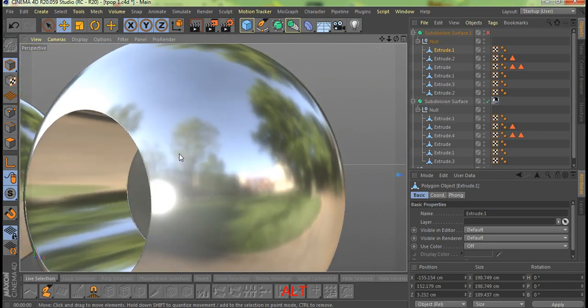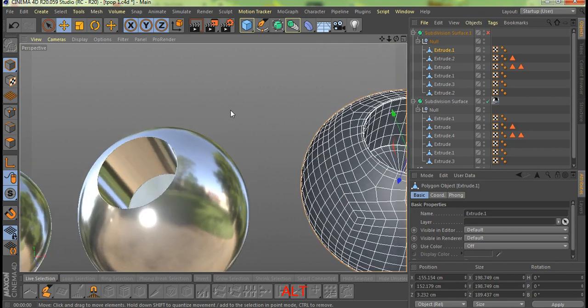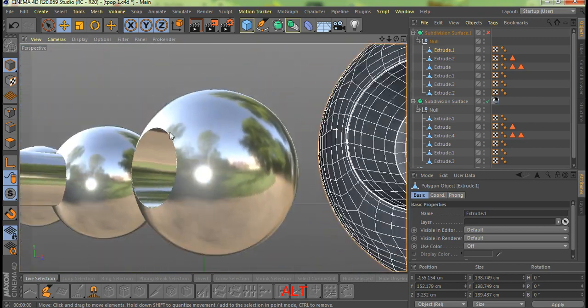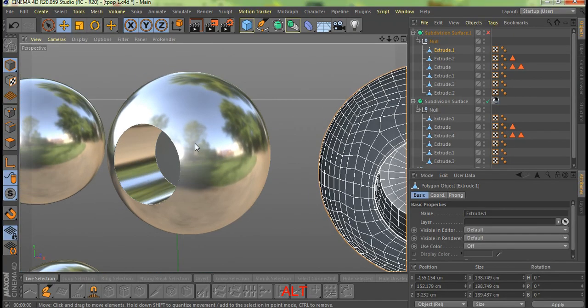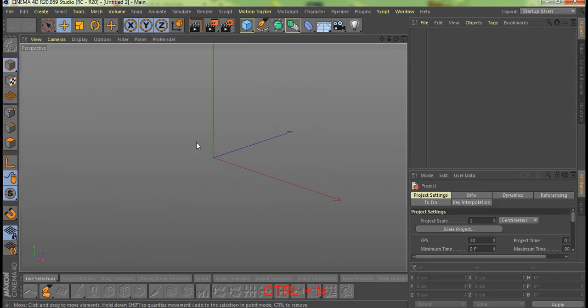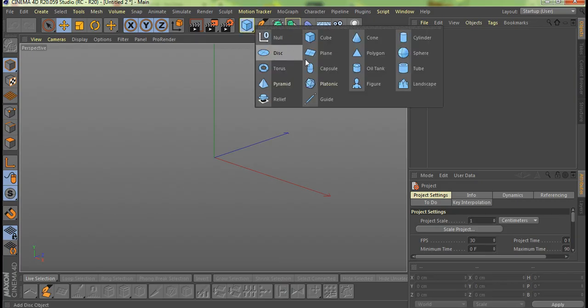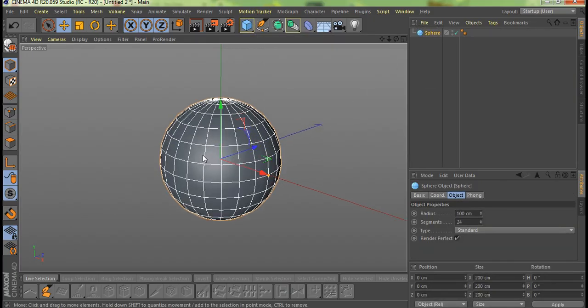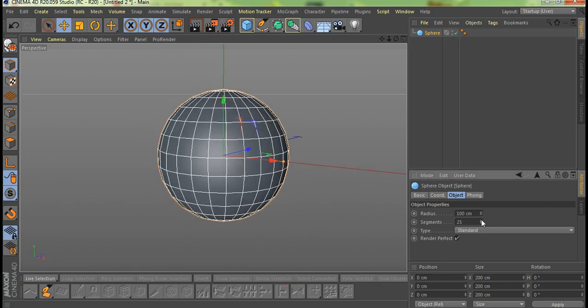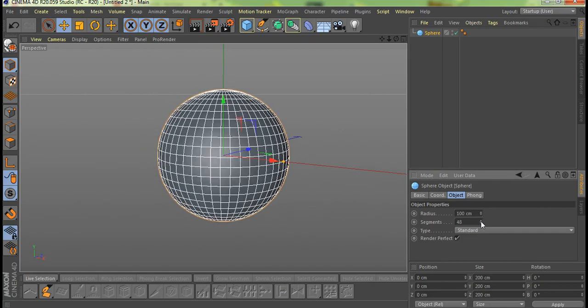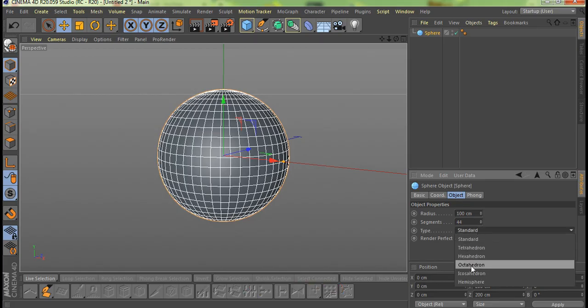This is the same sphere, as you see. So let's start. Control and let's add a sphere and delete some segments there, maybe 44, and change the type to the accelerator